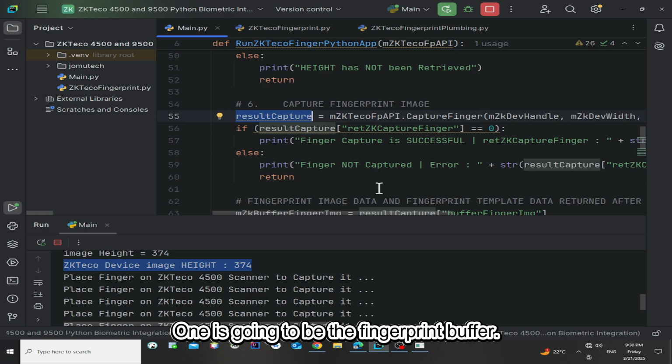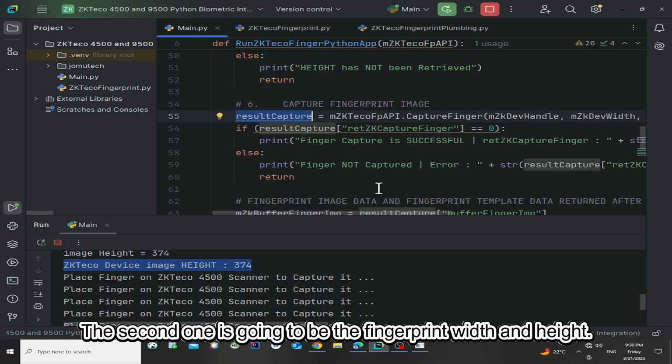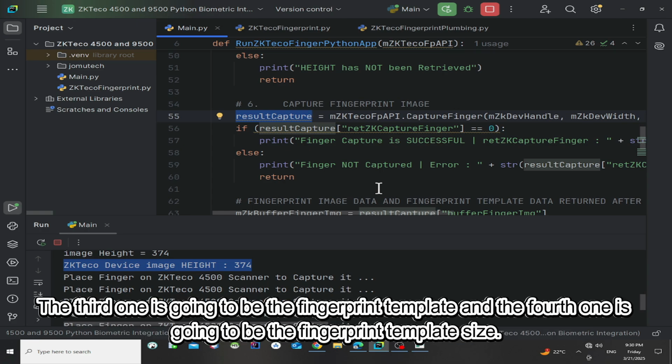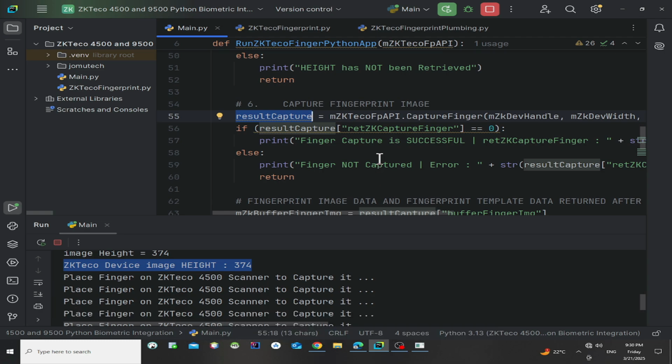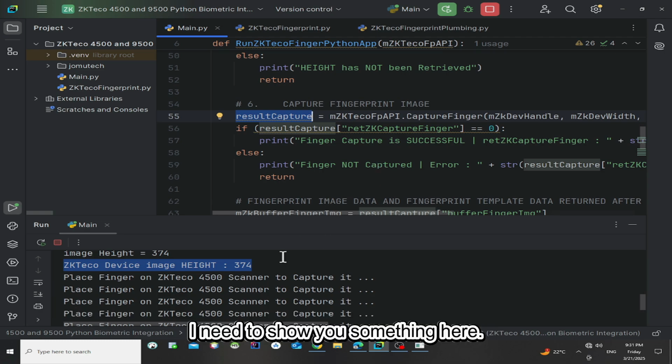One is going to be the fingerprint buffer, the second one is going to be the fingerprint buffer size, the third one is going to be the fingerprint template, and the fourth one is going to be the fingerprint template size. Okay, I need to show you something here.